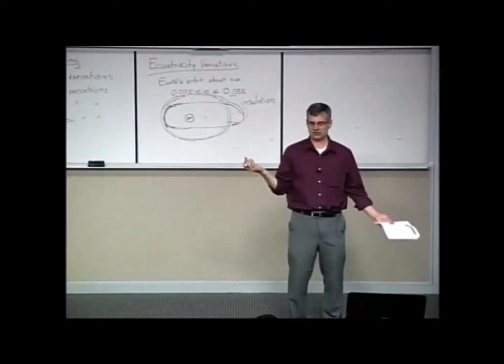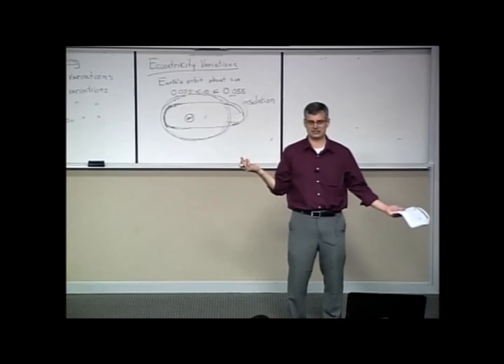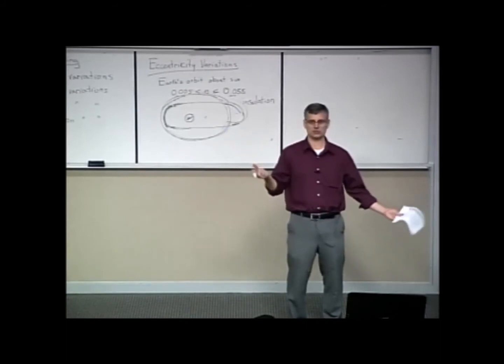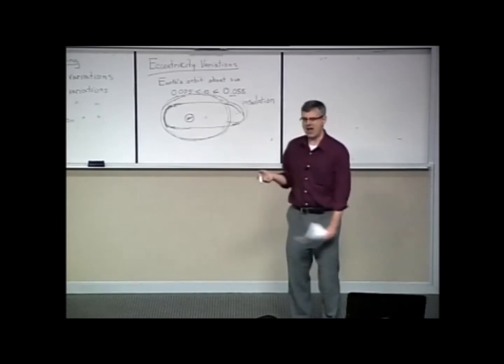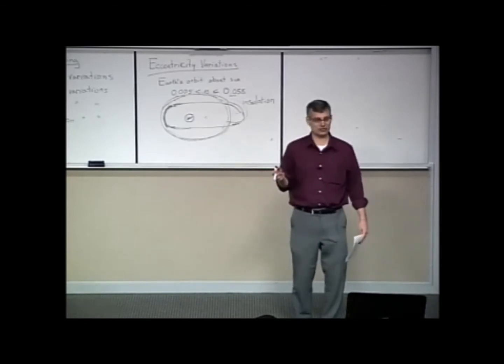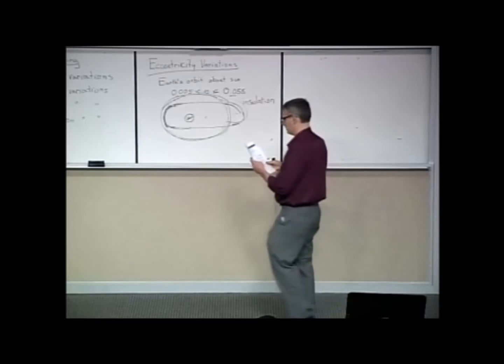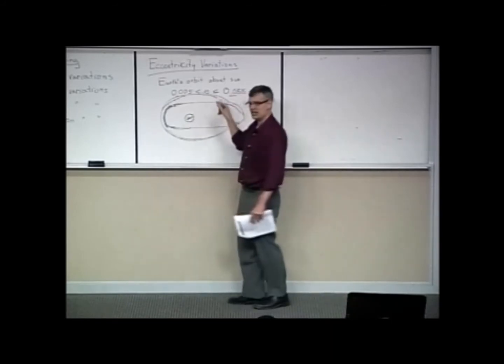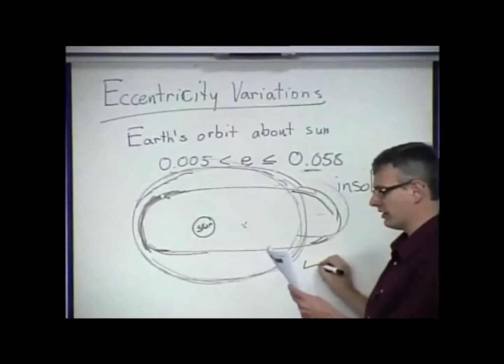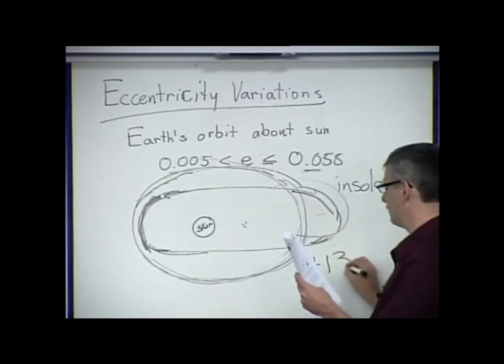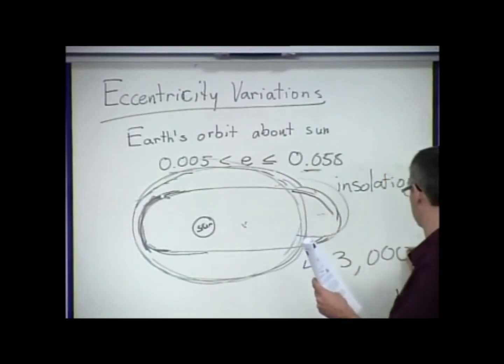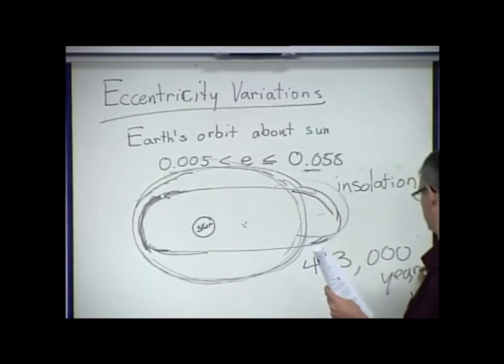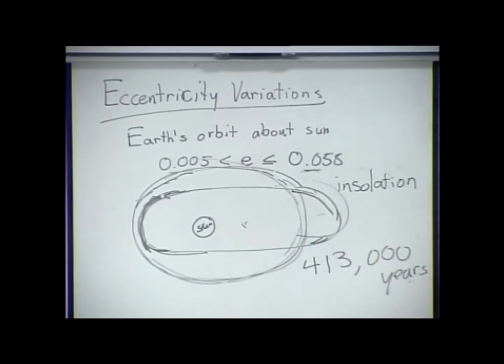The Earth's orbit is not circular about the sun. And what's more, it changes. It wobbles a little bit. Now, how often does it wobble? Well, this occurs in a fairly regular cycle. So if you think it's going to change next year, have no fear. The major cycle is 413,000 years. And there are some minor cycles in between.